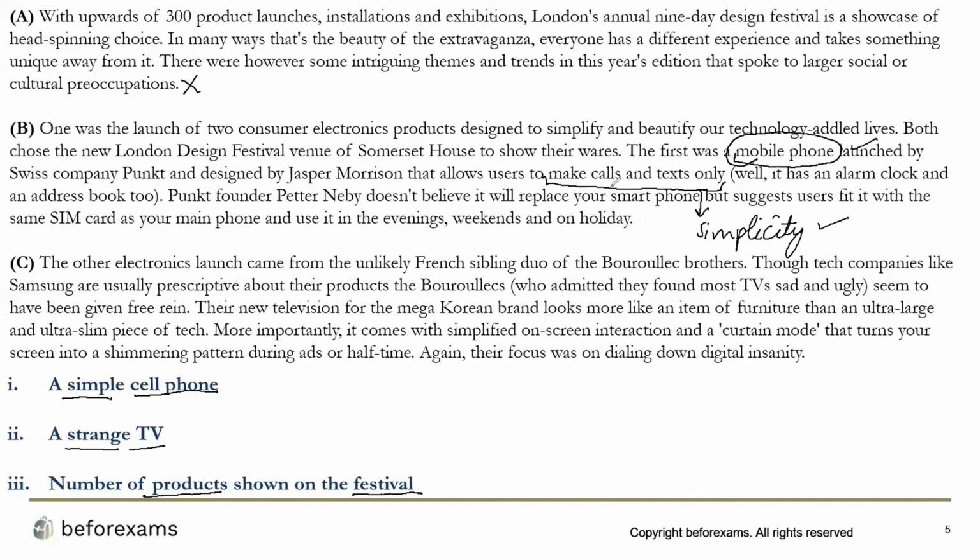The third passage does not talk about any mobile phone, so we'll not mark this. That means we only had one paragraph wherein the mobile phone was mentioned, and also its simplicity. Now you'll see that simplicity was not the exact word which was mentioned. It was a synonym of it, a phrase which was telling us that it is talking about the simplicity of it. So this will be the answer for the first heading.